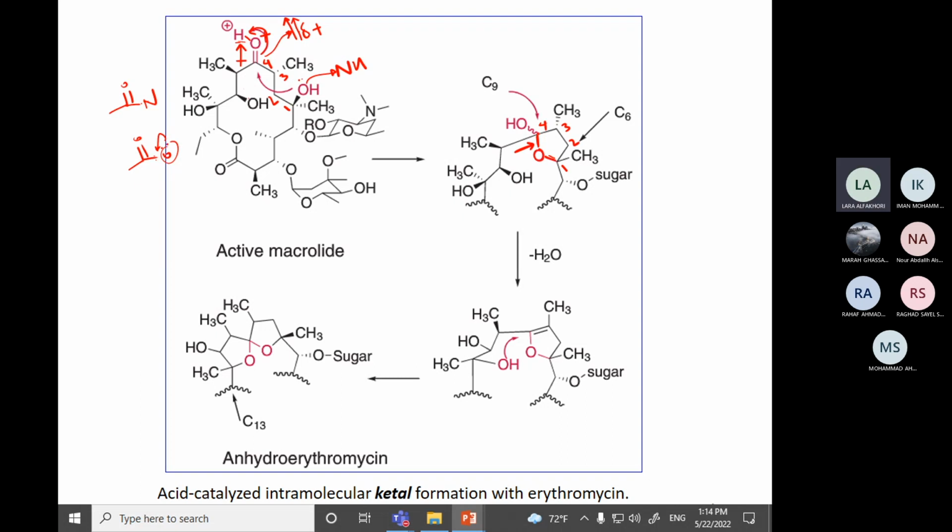We all know that when we have an sp3 hybridized carbon that has heteroatoms, it is unstable. Such a compound will tend to either break one of its oxygen-carbon bonds, or in the case of macrolides, this carbon being electrophilic because it is right next to two oxygens withdrawing electrons inductively from it, this oxygen in here that is close to it will now